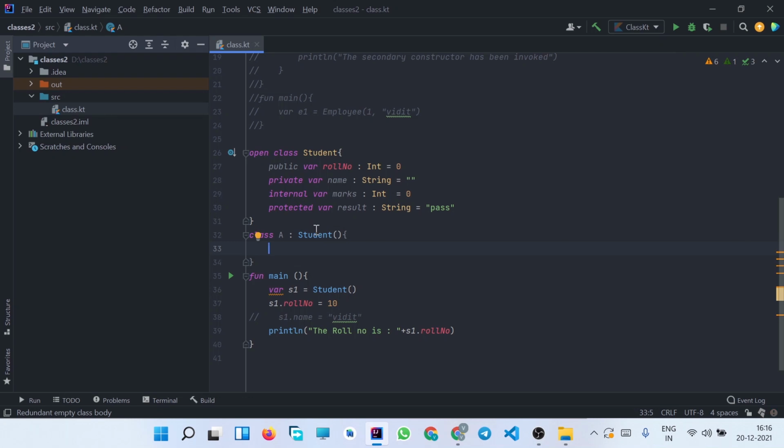So now let us declare a function which is going to access this result attribute of this particular class. Since we have used a protected access modifier, let us see that we can access the attribute inside this derived class. Let us write the function. The name of the function is, let's say, get name.